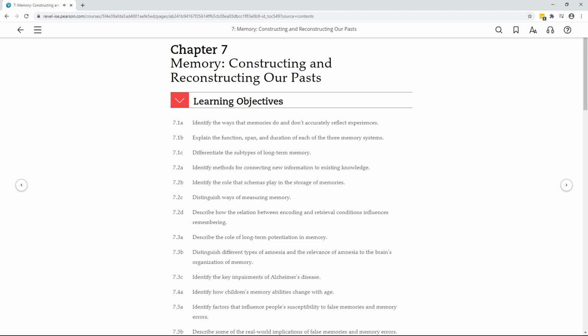1. Distributed versus massed study. Spread out your study time, review your notes and textbook in increments rather than cramming. 2. Testing effect. Put down what you've read and test yourself frequently on the material. 3. Elaborative rehearsal. Connect new knowledge with existing knowledge rather than